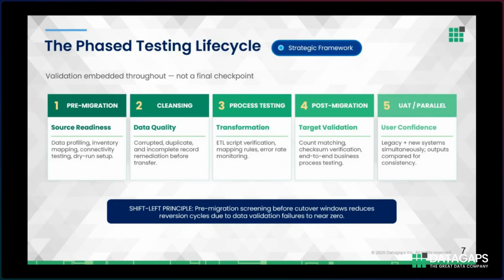The third is process testing, where your ETL scripts, your transformation rules, and any other mapping logic get challenged against real data behavior. So you monitor the error rates and throughput continuously, and any degradation signals mapping problems early. And then the fourth is the post-migration validation,